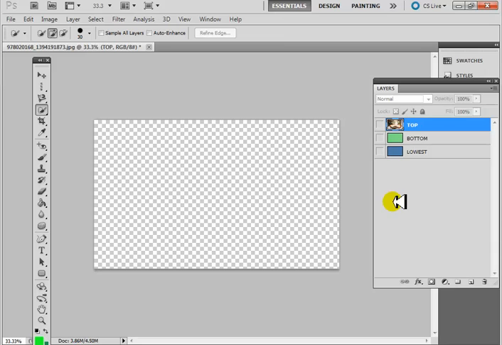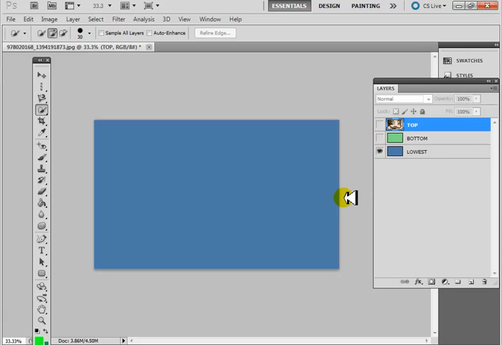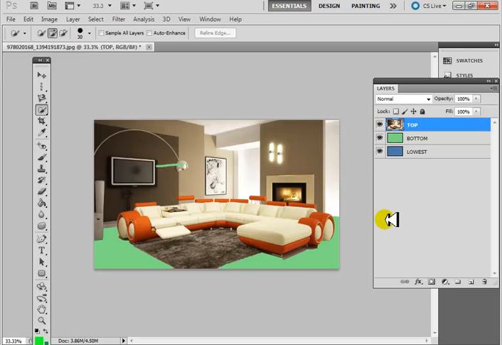So you can have anything at the top, but you can have it not visible. You can turn on the visibility of bottom and it will become visible, or the visibility of the lowest, it will become visible. But the lowest is not visible because it's behind the bottom. So let me just click on the eye again, so the lowest is now visible. So that's how you can arrange what is in the front, what is at the back, and at the back, and keep going on. And then you can also arrange which one should be visible, which should not be visible. You understand this? I will give you, you have this image, let me just